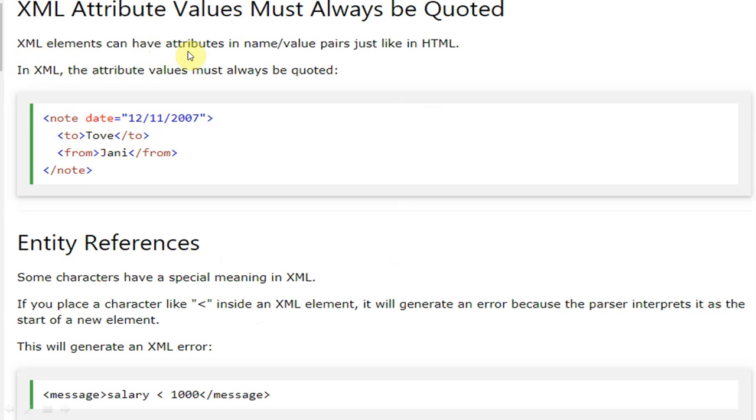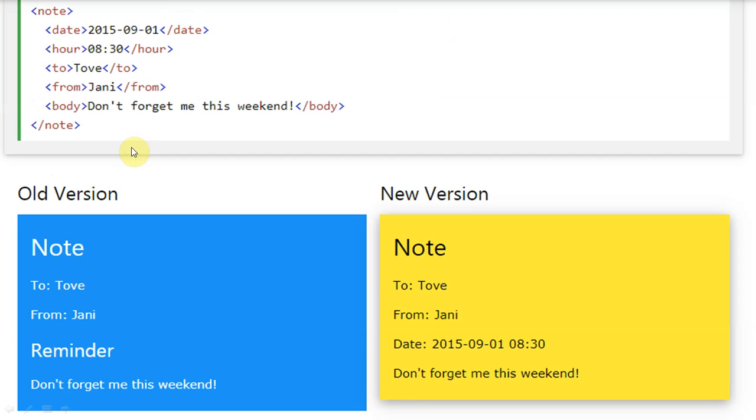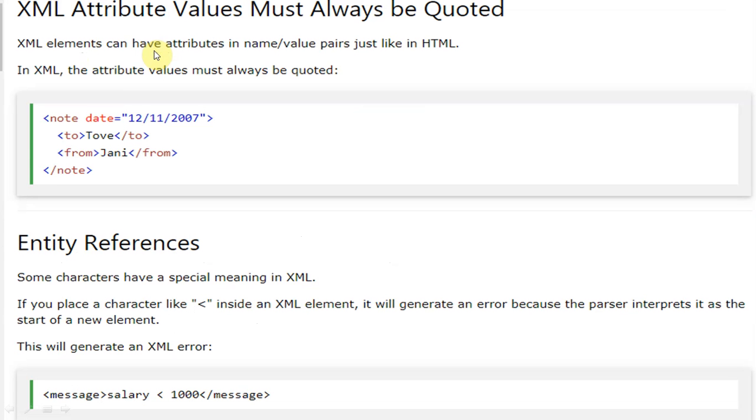An XML element can have attribute name-value pairs just like in HTML, and an XML attribute value must always be written inside double quotes. So date we have written here as an attribute. In the previous code, date was not an attribute, date was a tag. But in this code we have mentioned date as an attribute.